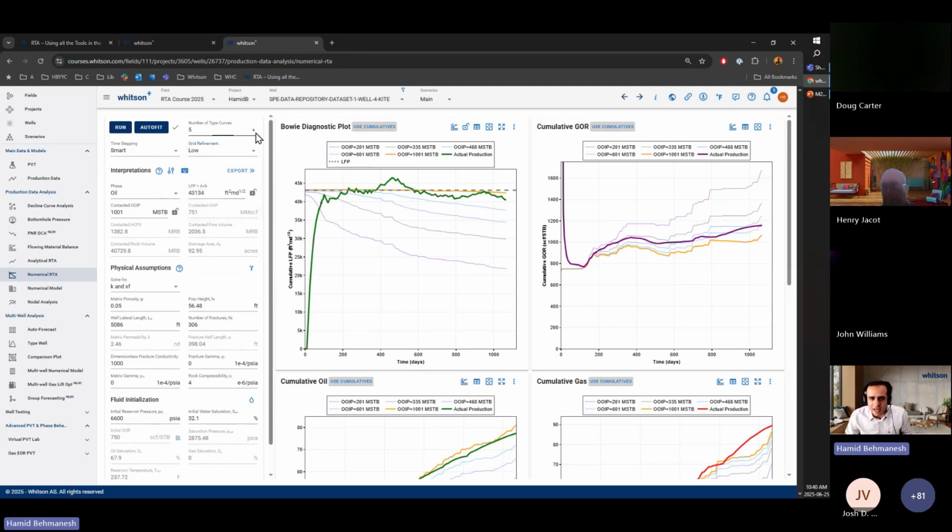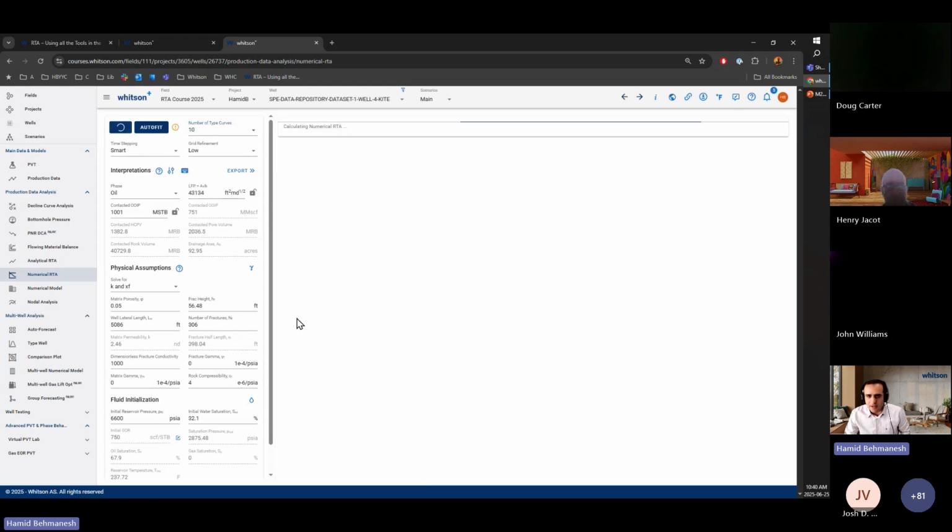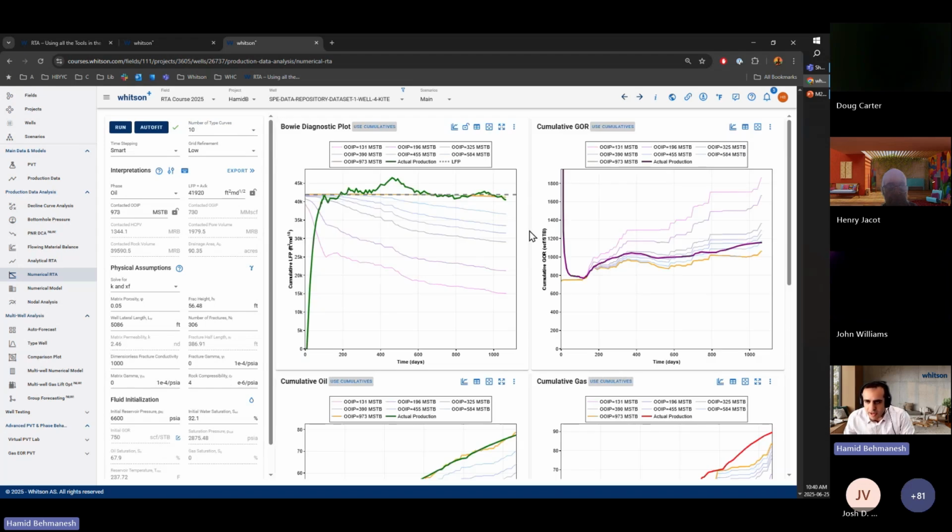Here, you can also select how many type curves you would like to see. In this case, it looks a little bit sparse, so I'm going to have more resolution on my type curves. I'm going to go ahead and select 10 and click on run to have 10 type curves showing up on my curve, and I can see that there's a slight decline on my